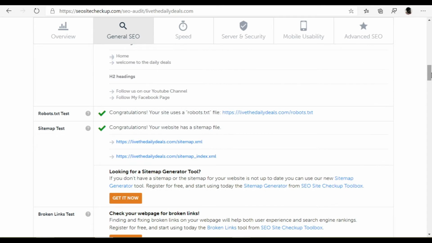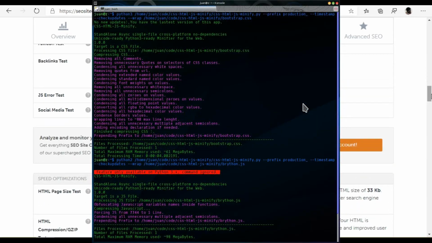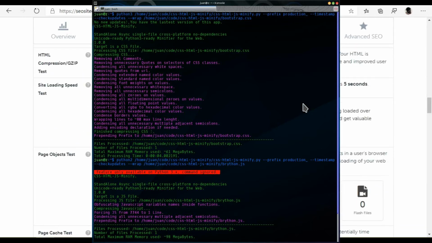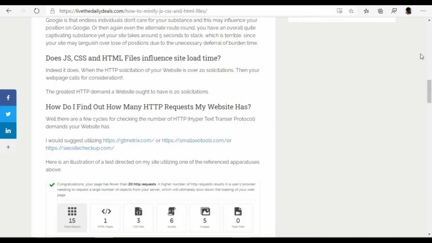because sometimes if you're experiencing slowness on your website speed, it can be due to so many reasons. It can be too many plugins, so many reasons. But the number one main reason is the minification of your JavaScript, CSS and HTML files, which I've shown you here. As you can see, it has been reduced. On a normal day, my website load time should be about 1 point something seconds. But 2 seconds is okay, at least it's under the 5-second mark. So if you go back to my tutorial,